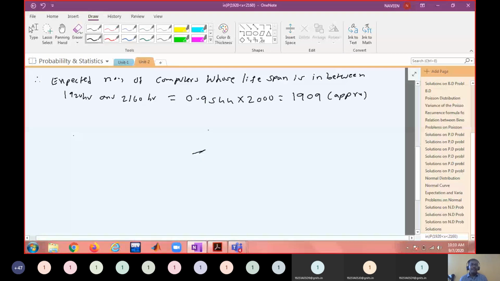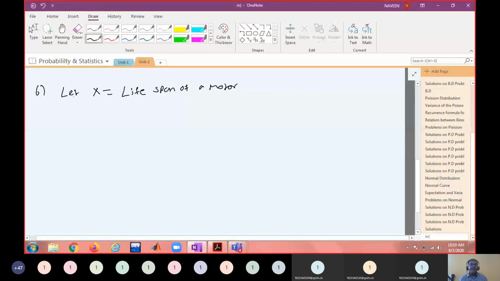So sixth problem. Let x equal to lifespan of a motor. See, always write down the information that is given in the problem. Extract the information, extract the data. So what is given? Given that x is normally distributed